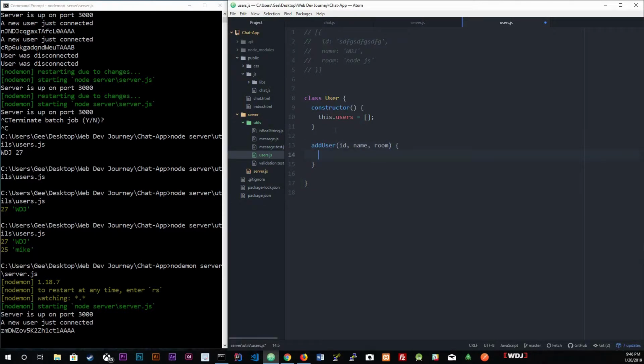And we're going to set let user equal, and we're going to create an object with the id being the id. So we could just literally leave it like that. Name being the name and room being the room. And then we're going to create an instance of, well, not an instance, we're gonna actually just push it into this user array. Sorry about that. So this.users.push